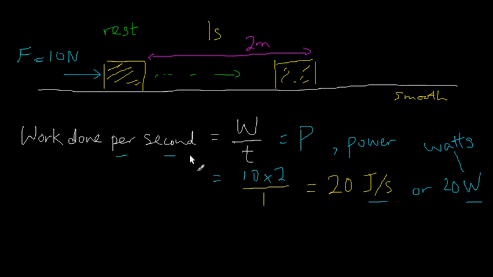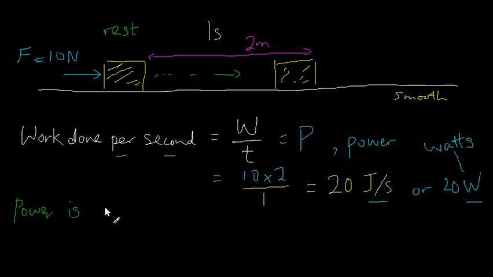That's also called power. So just so that we don't restrict ourselves to per second, in physics we would define power. Instead of saying work done per second, we would say power is